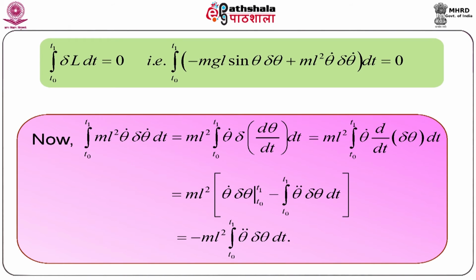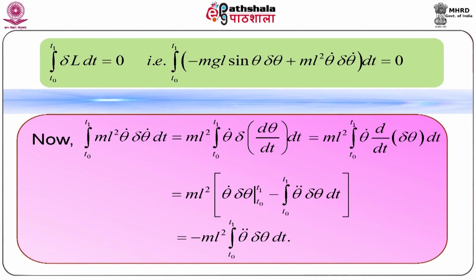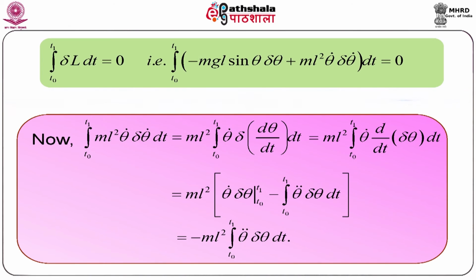By Hamilton's principle of variation, ∫ from t0 to t1 of δL dt = 0. If we put the value of δL, then we get ∫ from t0 to t1 of (−mgL sin θ δθ + mL² θ̇ δθ̇) dt = 0. (1)